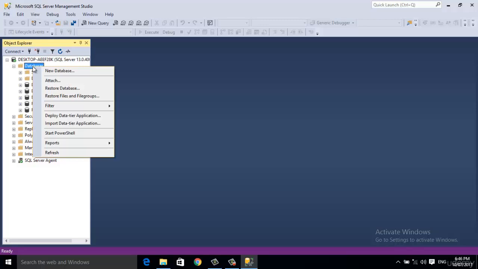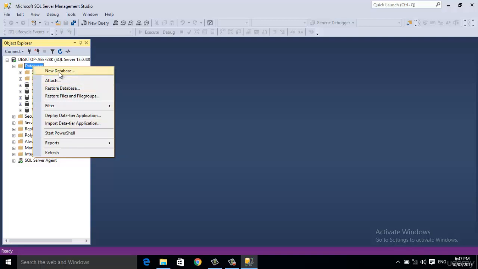It will show you options to perform different types of operations like creation of a database, attaching or detaching a database, restoring a database from backup, restoring files and file groups, applying different types of filters, deploying or importing a data-tier application, starting PowerShell, providing different types of reports, and the last option is a refresh option, which will refresh the different databases of Microsoft SQL Server.